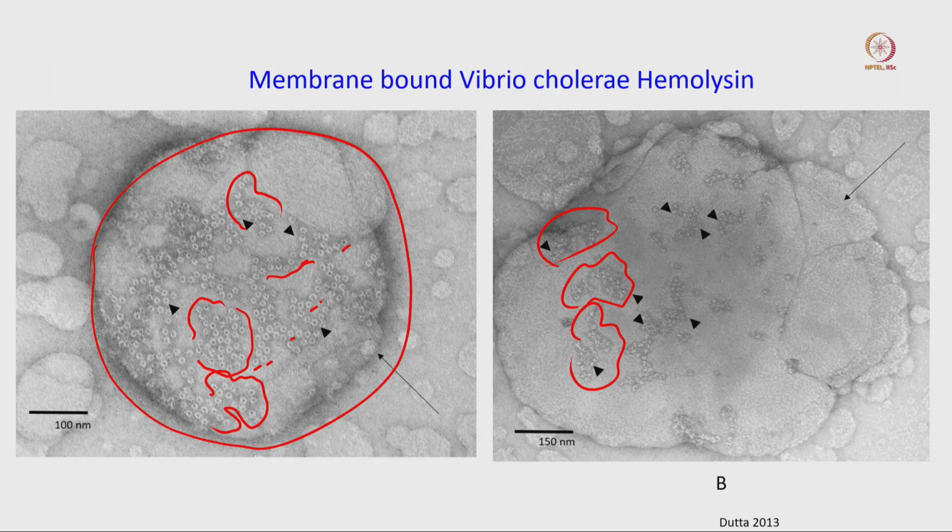So from this condition you can also tell what protein concentration is required so that the protein will only interact with the lipid molecule, and there will be no free protein available where they are interacting. You can also change the lipid composition, and from there you can tell what kind of lipid composition is important for this kind of interaction.